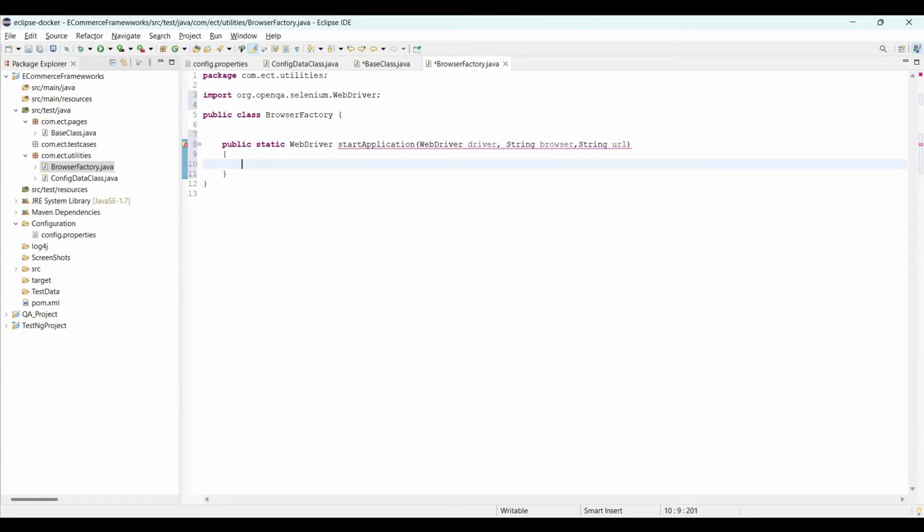Now, these details, like again, I said driver equals new ChromeDriver. So basically you need to initialize a value to the driver. You need to write this step. But when you are passing the values, no one knows which particular driver you will pass here. You look for the Chrome driver, you look for Firefox, you look for IE, which one? No one knows. So for this, I will write an if condition, and in the if condition, I'll define that if